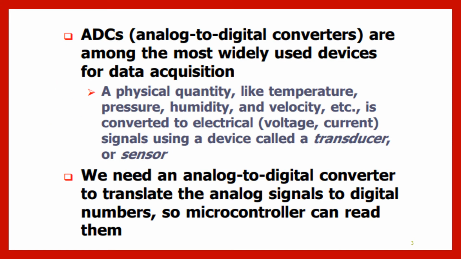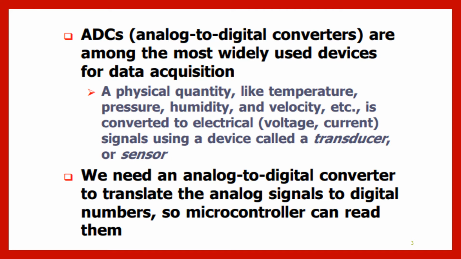As far as ADCs are considered, their role is conversion. When we measure a physical quantity like temperature, pressure, humidity, velocity, or any other in real-time applications, it is to be converted into the form of voltage or current. It is measured as an electrical signal, converted by transducers or sensors, and this converted quantity is to be digitized, because if we want to process it with our computers or intelligent computing devices, then definitely we need it in digital form. So for that purpose, the intermediate converter is nothing but the ADC.